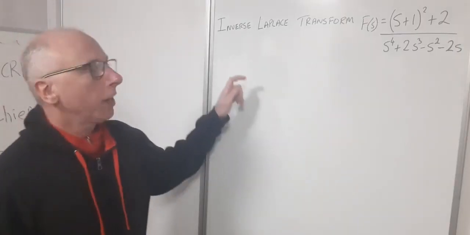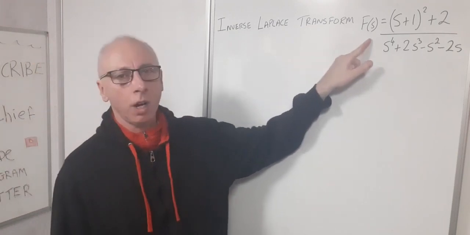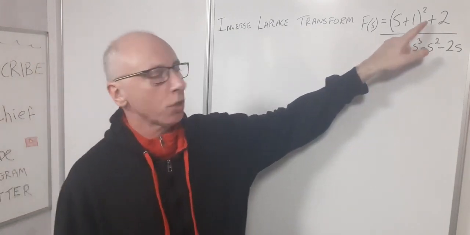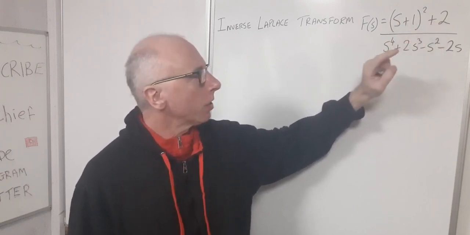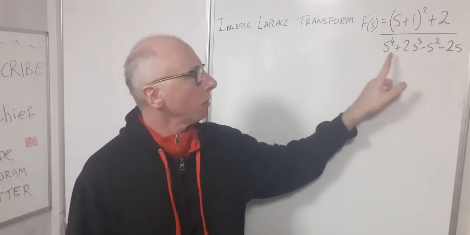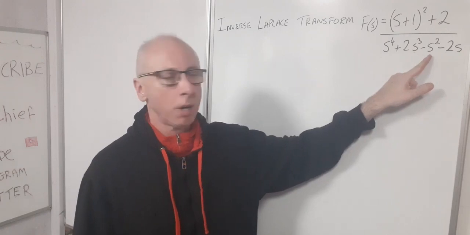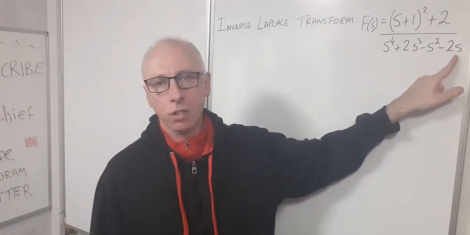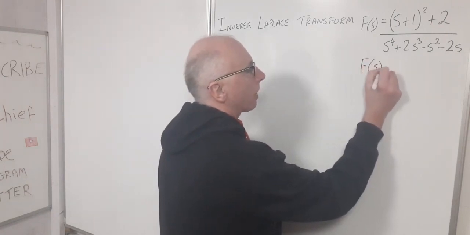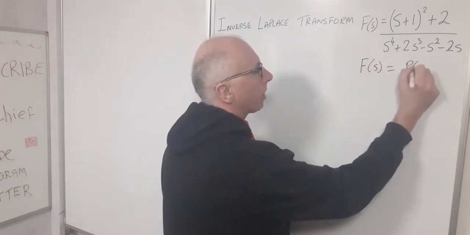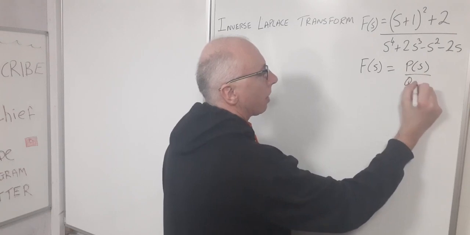So in this video we're going to find the inverse Laplace transform of this function here, (s + 1)² + 2, which looks like it has a completed square on the top, and in the denominator we've got s⁴ + 2s³ - s² - 2s. Now, as always, I break these fractions down, so I'll write F(s) = P(s)